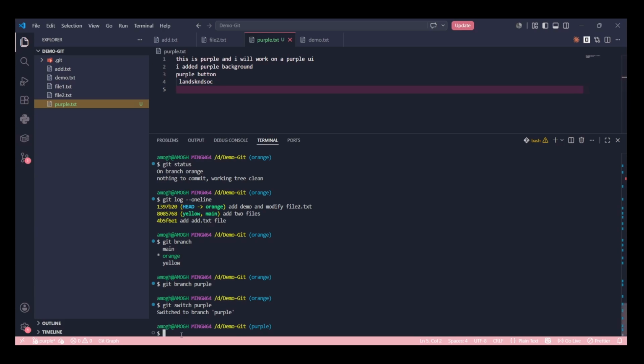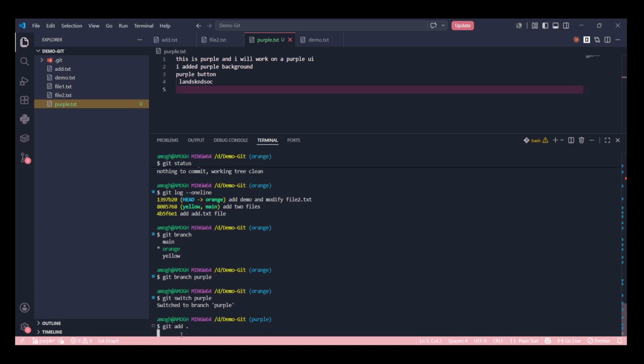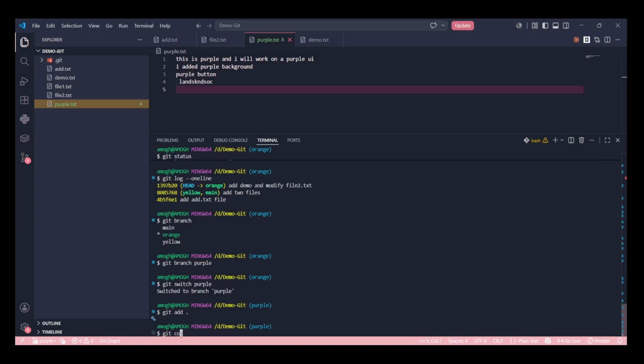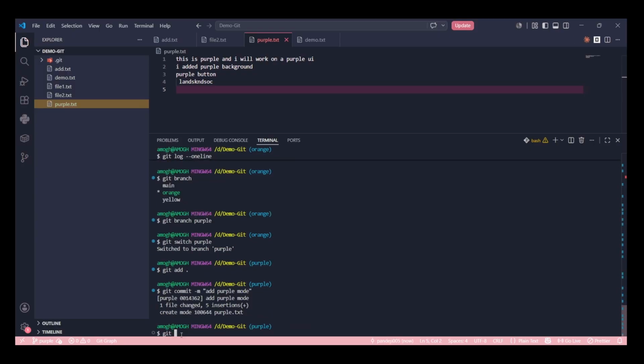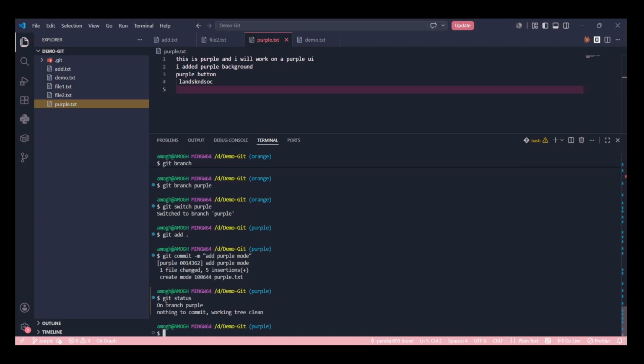Now he will commit those things in his branch: git add, git commit, add purple mode. Then git status says on branch purple, there is nothing to commit. He has committed his work.